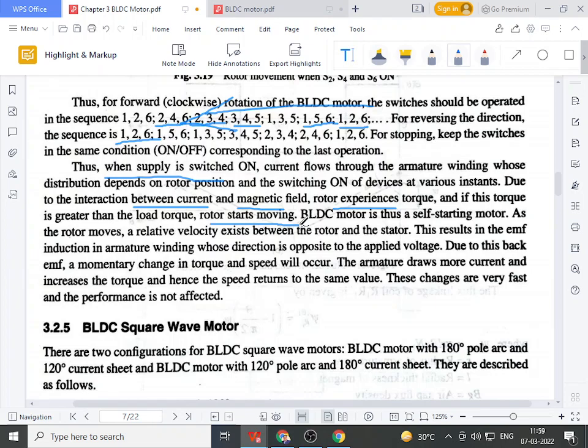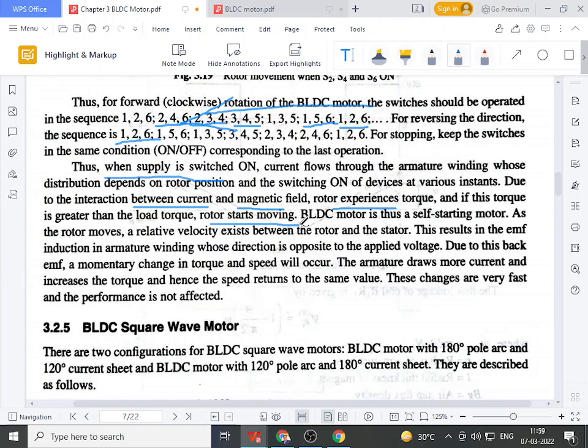Or shaded pole motors are there. Anyhow, we have to make certain constructional changes in the single-phase induction motor so that it will be self-starting. But such a thing is not there in BLDC. In simple terms, keep in mind that the motor in which the stator magnetic field is rotating, 3-phase rotating, will be self-starting.